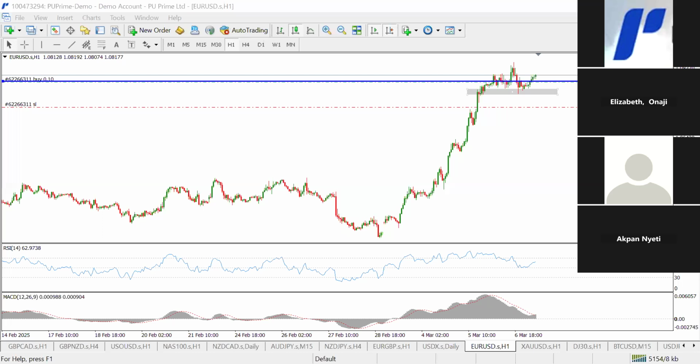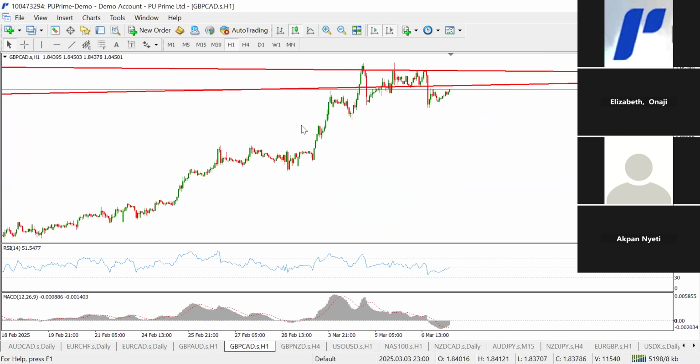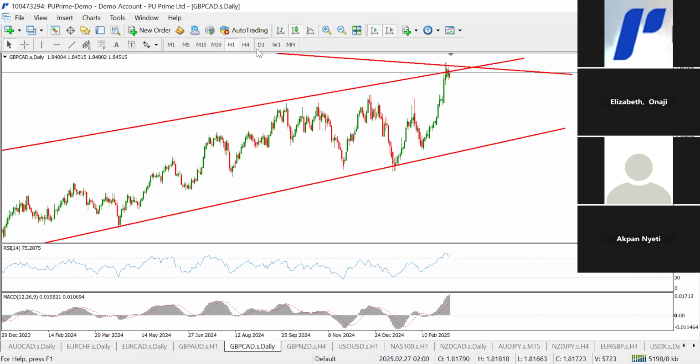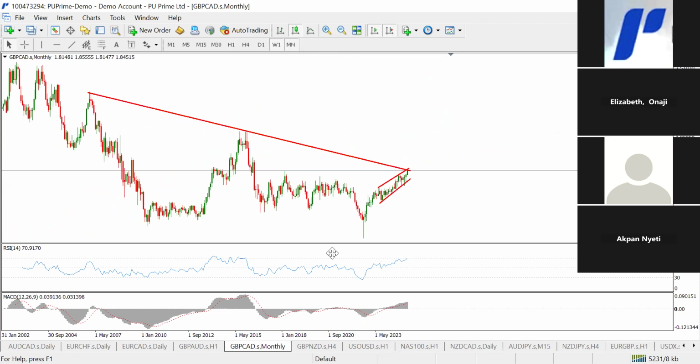All right, so this Euro CAD, GBP CAD, GBP AUD has been massively bullish. There's been a lot of strength on those currencies in the last week. And we've been hopeful for a reversal, though it looks like the reversal is coming gradually, but it's been slow. But ultimately, it will still reverse. For this GBP CAD, you can see my setup here. This is the monthly time frame. There's a descending trend line, meaning we have a bearish outlook. Then we have a rising wedge, which also is an indication of a bearish outlook.